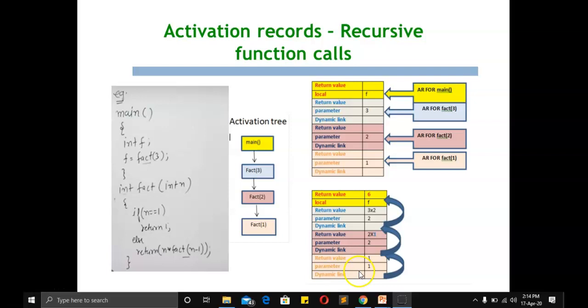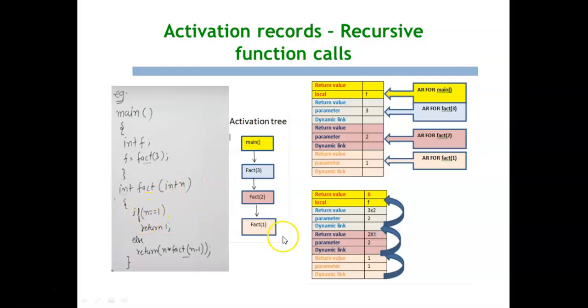Now we can see how it is going to return value to the called function. So now the last one, that is fact of 1, checks for its parameter. If the parameter is equal to 1, so it is 1, then return 1. Using dynamic link, it returns 1 to the previous called activation record. So this 1 will be got from here and this is multiplied with n in fact of n minus 1.